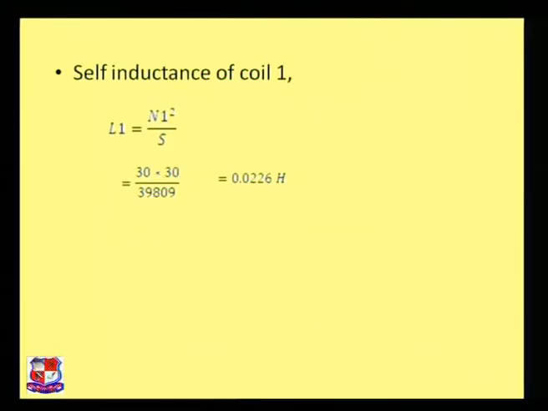Now we have to find the self inductance of second coil. So similarly, the formula for the self inductance of second coil will be L2 is equal to N2 square by S, where N2 are the number of